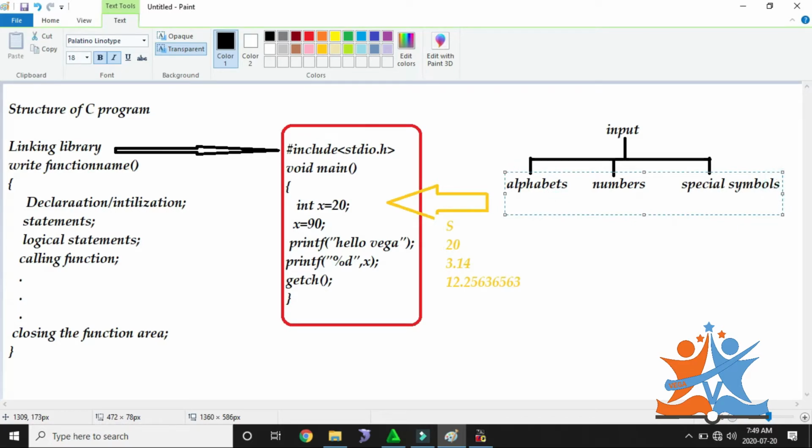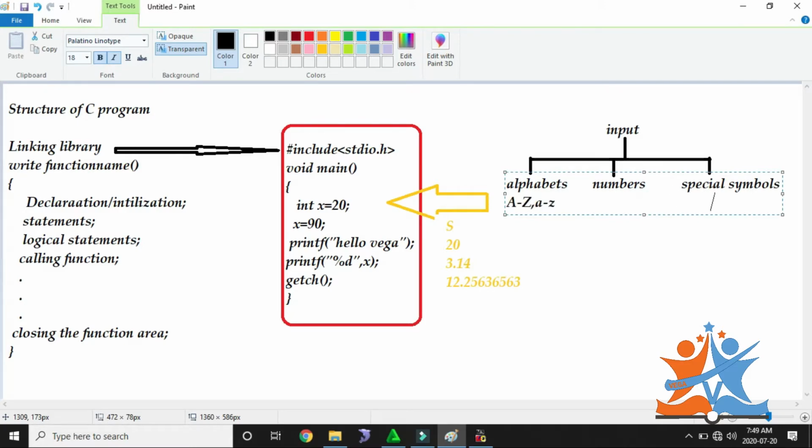in alphabets we can pass capital A to capital Z, and small a to small z. In numbers we can pass in different ways, we will see.